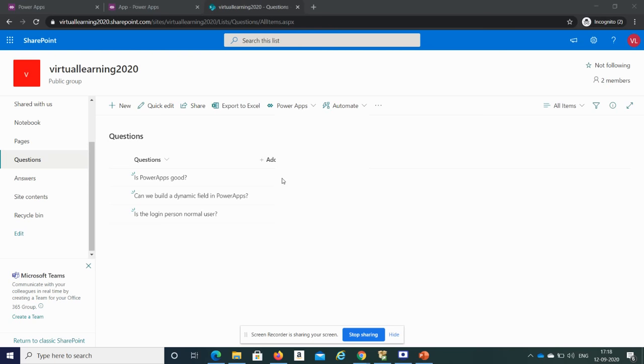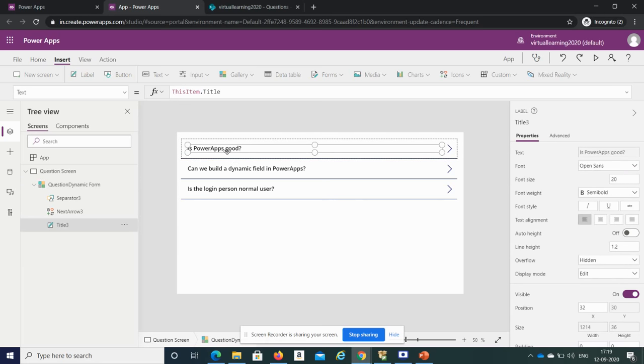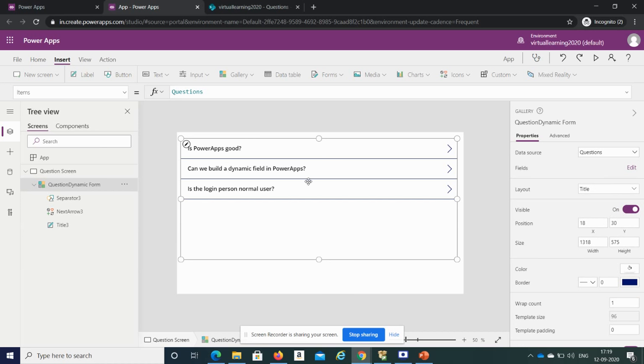What I'm trying to say is, suppose you have a requirement where for this question you want to show the choice column, for this question the text box, for these questions a drop down, then how can we do that? In that way you need to make your backend in such a way, as well as add some logic here to do those things.